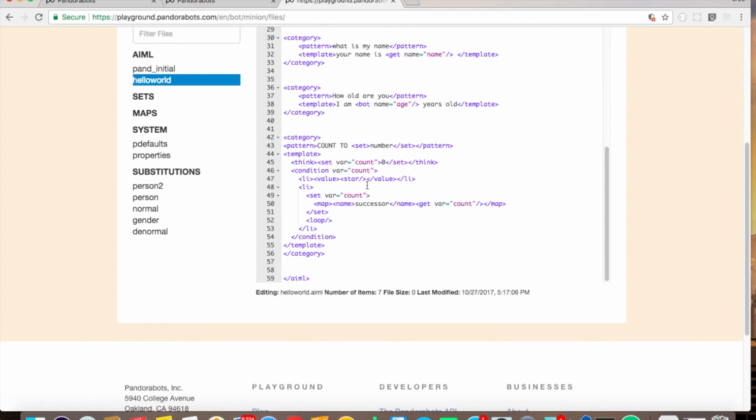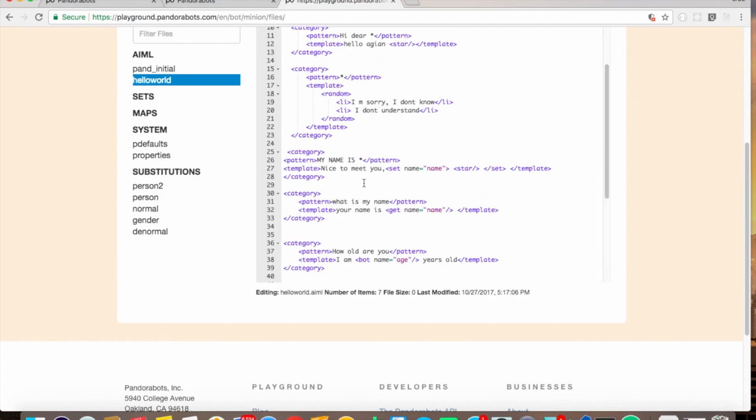This variable keeps on changing its value with the help of map successor until the condition is met. The condition is that the variable value count should be equal to the value of the input. Until that is met, the loop keeps on changing.